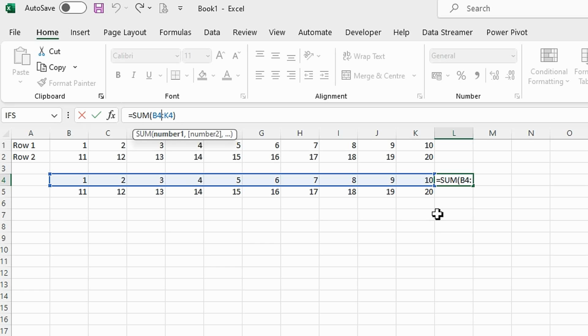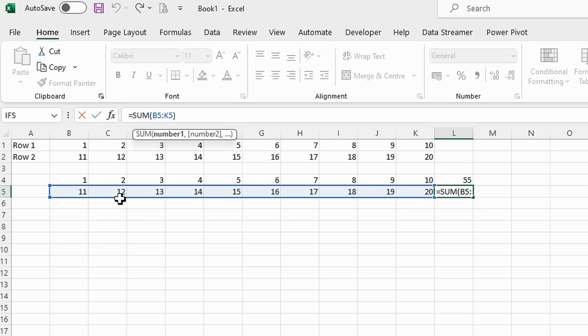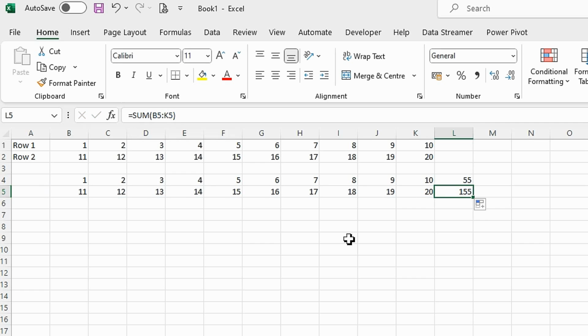And again, if I copy that down, as you can see the row has moved relative to where I've copied it to. So I've copied it down by 1 row and it's moved the row relatively. So you can see now that this is selecting this row of numbers. Now,